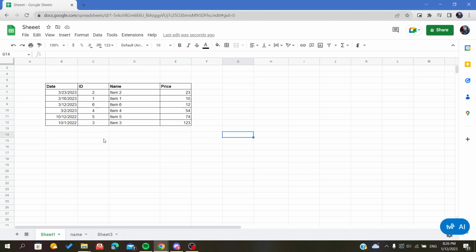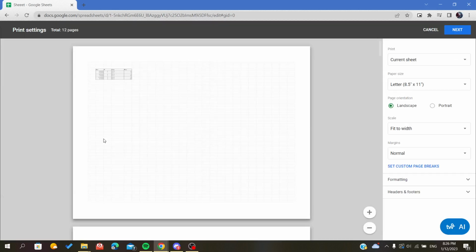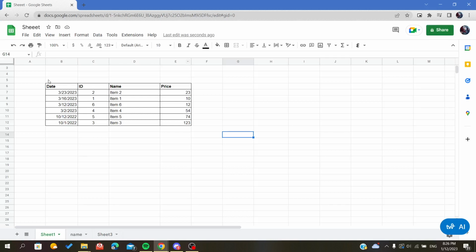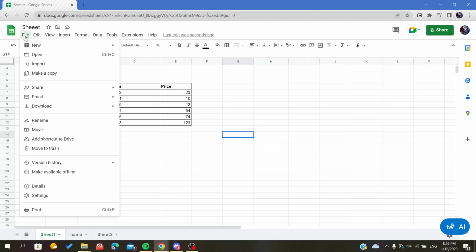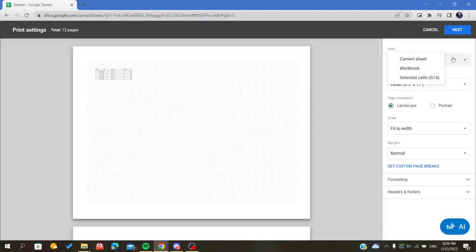So to do so, we either press Ctrl plus P as a shortcut, as you can see, or we can find it here in this icon, in this ribbon here. We'll find the print button. Another option to open the print menu is by clicking on the file menu, and at the bottom you will find a button called print. We click on the print button and it will show up this